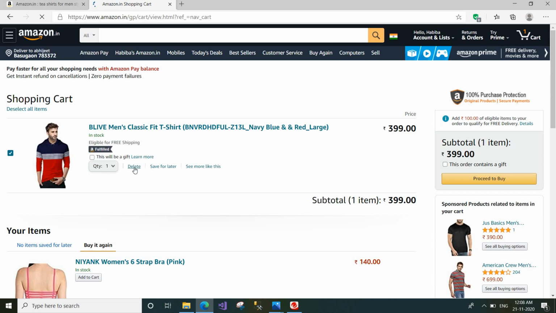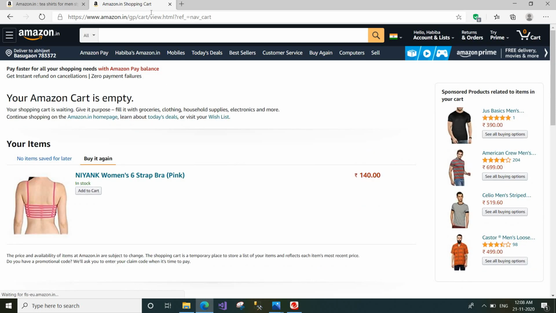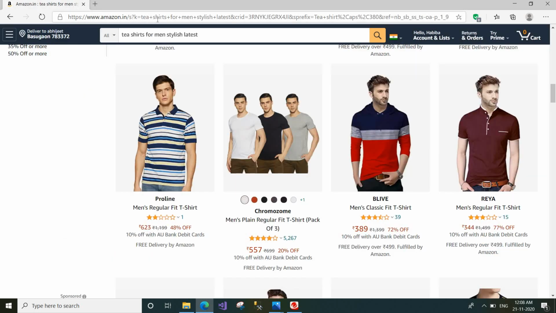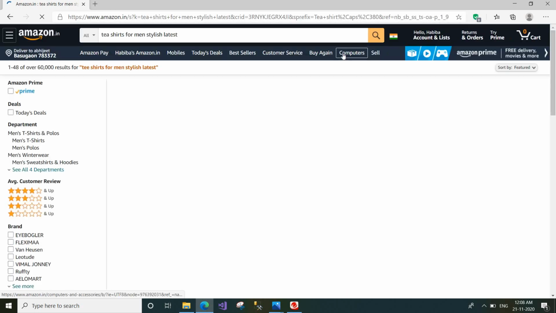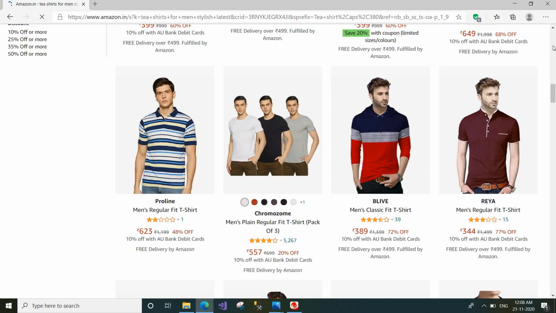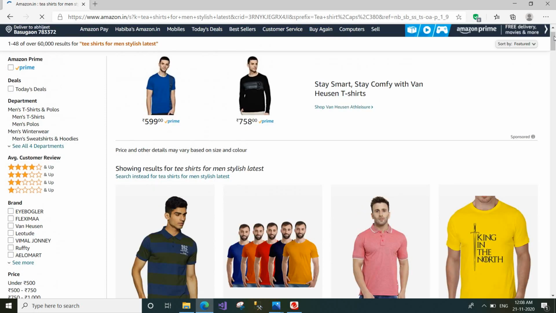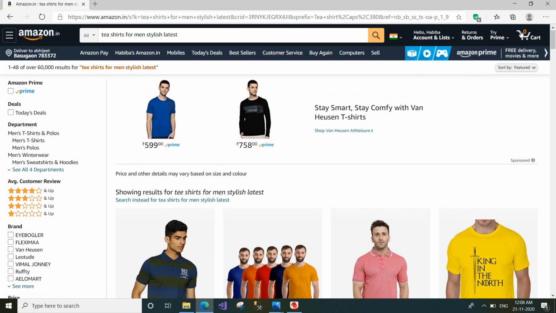Let us remove it, and see, in the cart there is nothing. At present 0 is there.